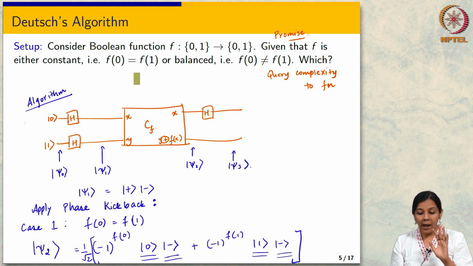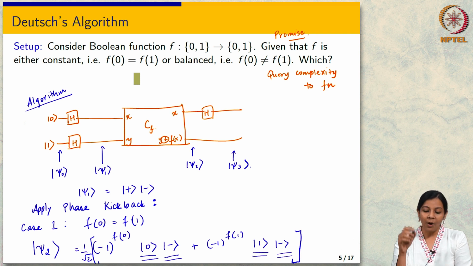We will see that there is a much more dramatic improvement there. I want to also call attention to one very interesting structure that this algorithm has. It's called rotate, compute, rotate. Look at this circuit over here. There is a rotate here. The Hadamard is nothing but a rotate.